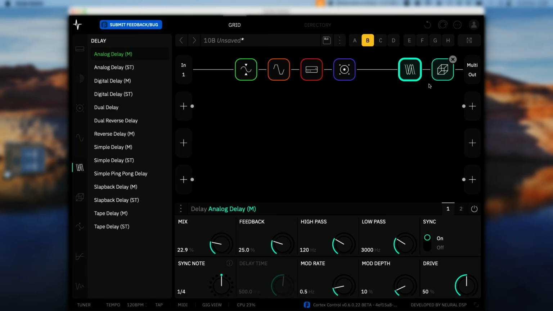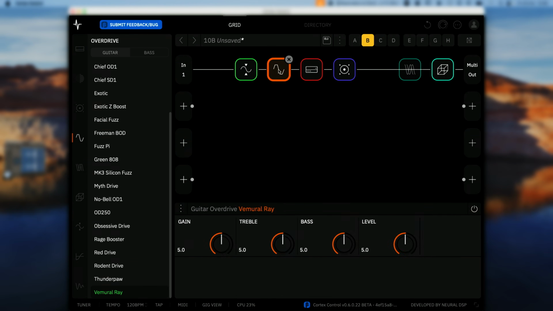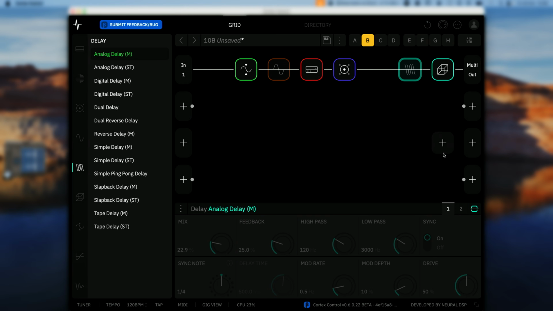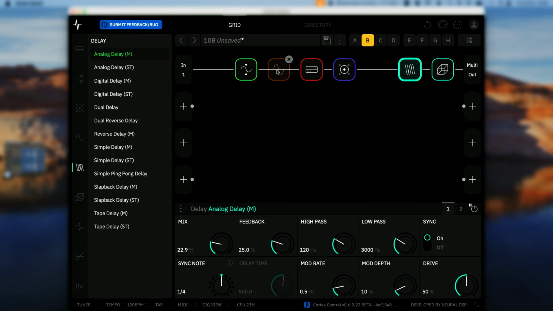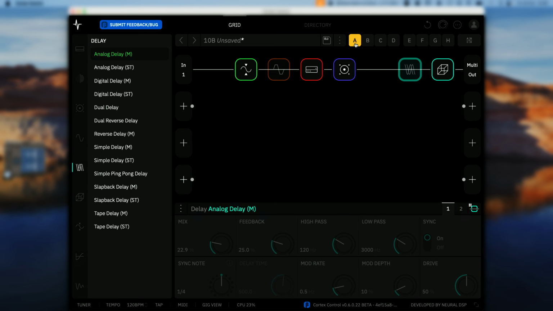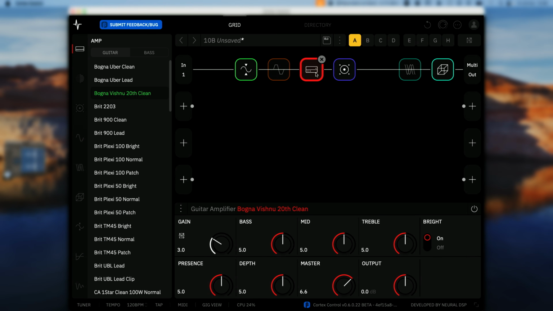I only want these effects to be active on this scene B. So what I'm going to do is deactivate both the delay and the Vemuram Jan Ray. I'm going to right click down here and assign this to scenes. Same with this one, and then re-engage. Now, when I go back to scene A, we have that beautiful clean tone. They're gone. This is also scene assigned, their gain. And then if we go to B,